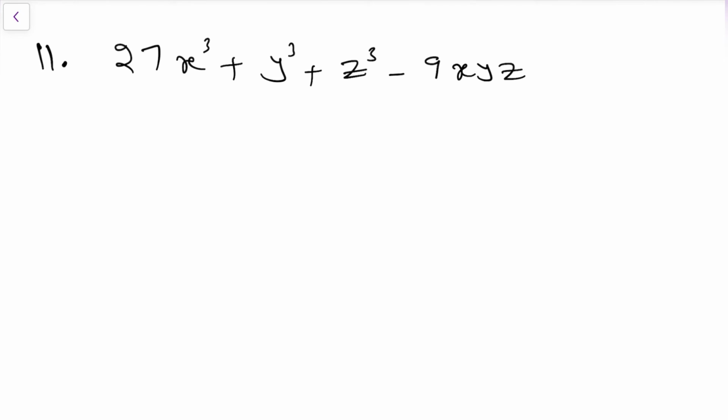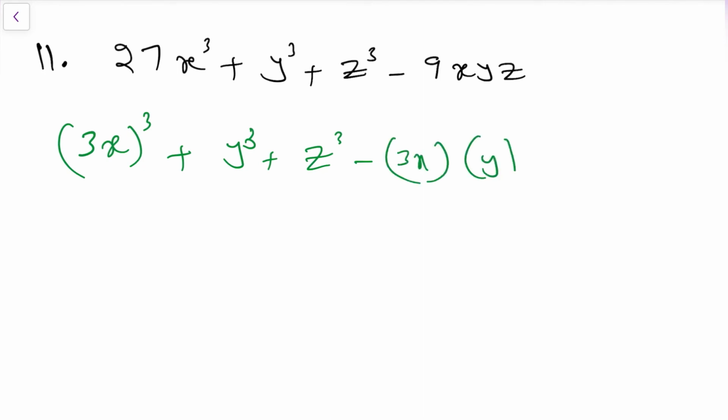So now here 27x cube can be written as 3x whole cube plus y cube as it is plus z cube also as it is minus 9xyz can be written as 3x into y